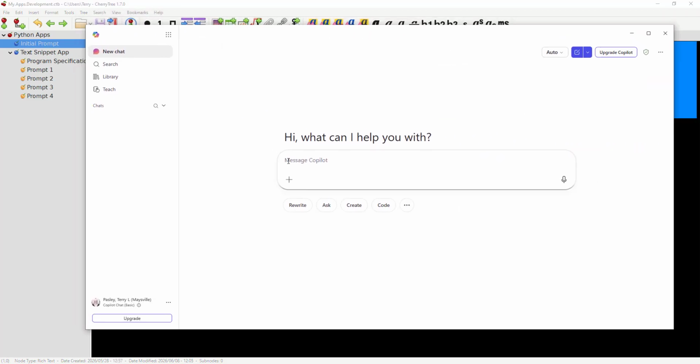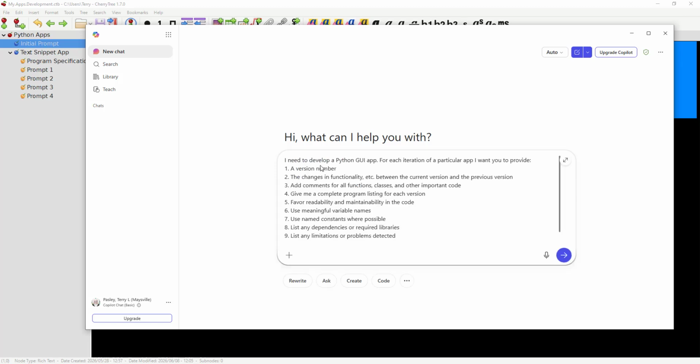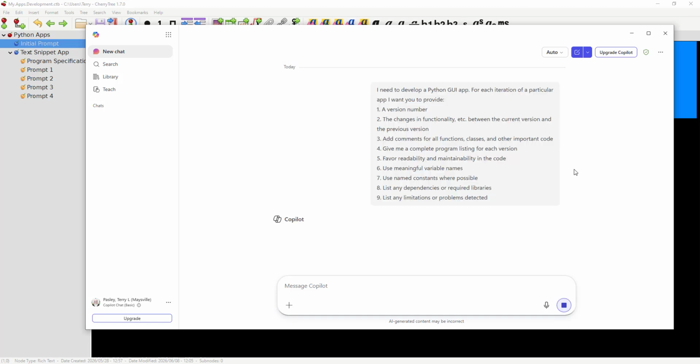Now I've noticed here with Copilot, if you right click the mouse, you get nothing. So this is one of those situations where a Control V actually pastes this in. And by the way, if you press enter, it's going to actually send whatever's in the message box to the AI. If you want to keep adding new lines to whatever you're typing in, hold down the shift key, do a shift enter. So here are my directives. So I'm going to click the arrow,